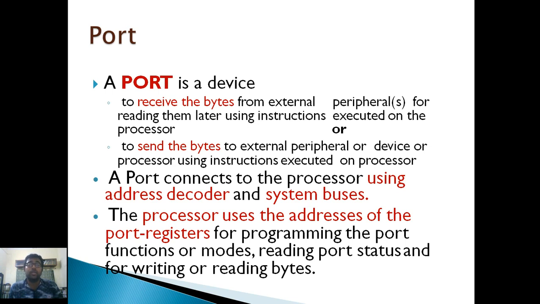Without decoding the address, it can't receive or send the data for the processor. Only a very specific data which has a specific address will get through the port. That's the basic